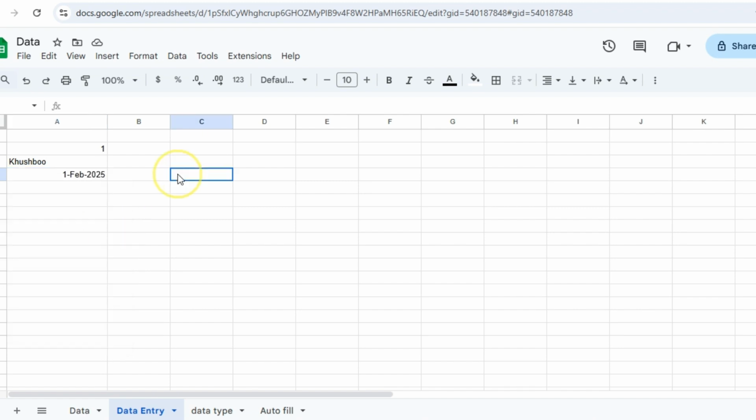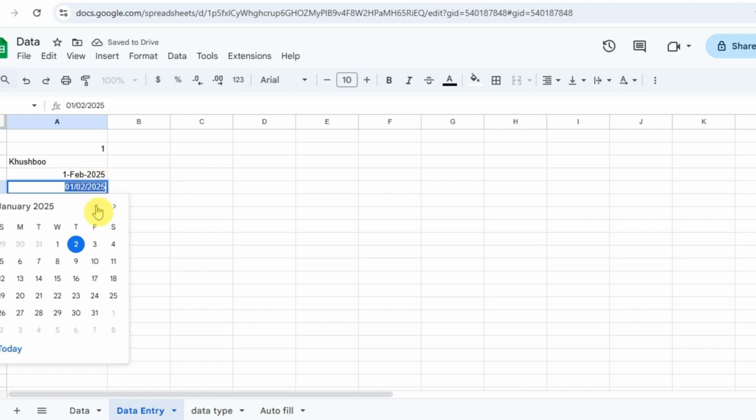And we can put the same information in multiple formats. For example, instead of February, if I want to put this information as 1/2/2025, this is also the date. And here you can notice that this is in the MMDDYY format.